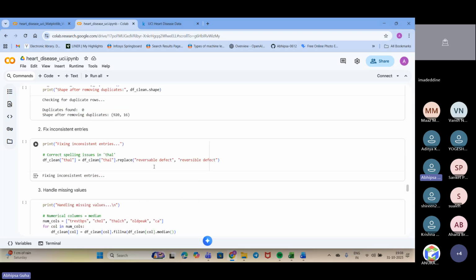Okay, so now we need to check for inconsistent entries. The very first thing we need to check is the part where we have inconsistent data.